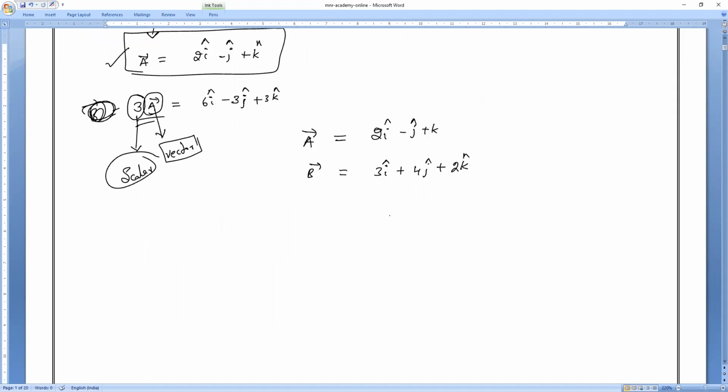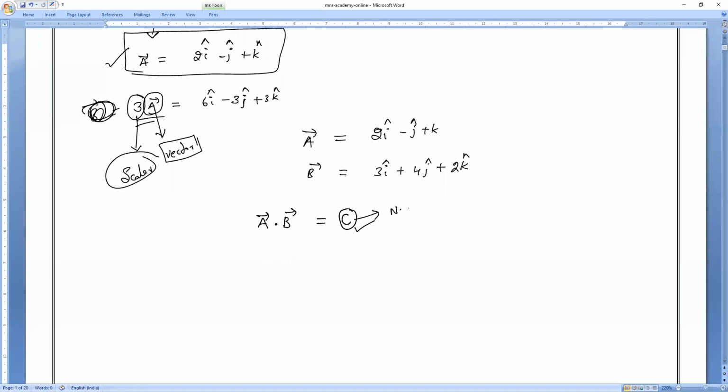Now for the dot product, all of you remember, we have to represent it with a dot. So A and B we are going to multiply, and we are going to see the dot. If this dot is there, it is a dot product, or we can say scalar product. If you multiply vector into vector, do we get a scalar or a vector? Scalar, everybody. So I am representing it with C. Now you tell me, why am I not representing an arrow above it? Because it is a